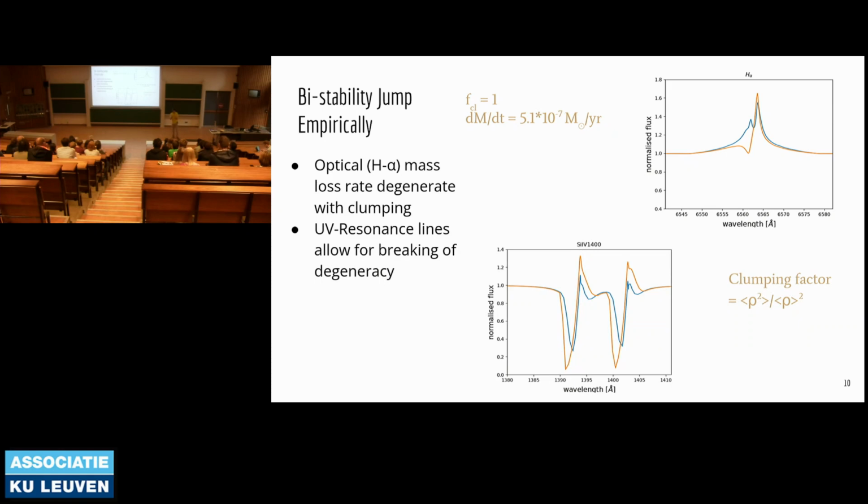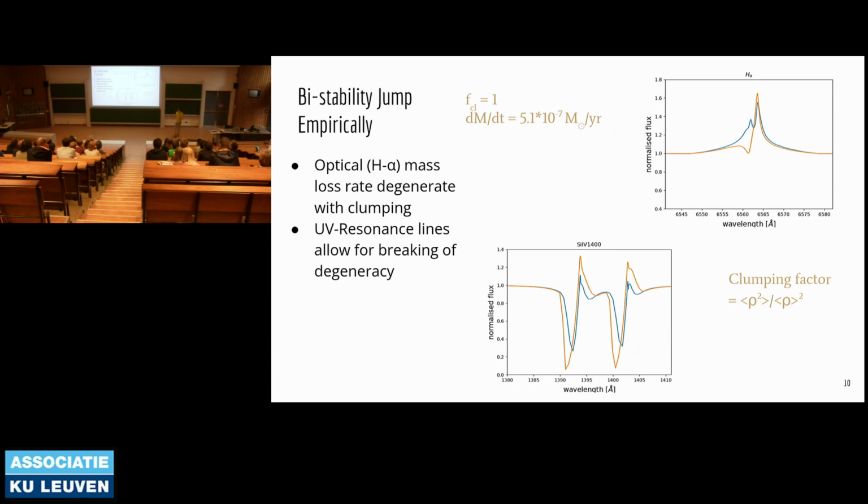And this makes it hard to disentangle this clumping factor from this mass loss rate. So usually what you have to do if you only have an H-alpha line, you either assume a certain clumping factor, so you say clumping factor 10, because that is the logical number to use for some reason, or you assume a smooth wind. You say, we cannot say anything about clumping, so let's just make it more simple and